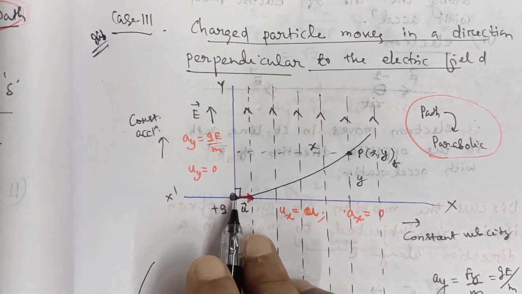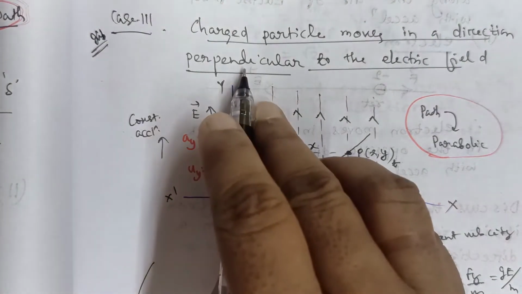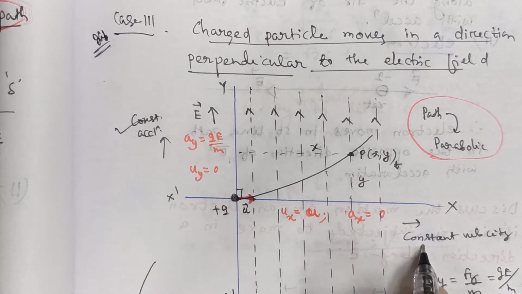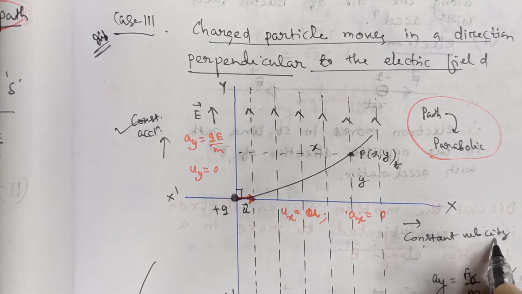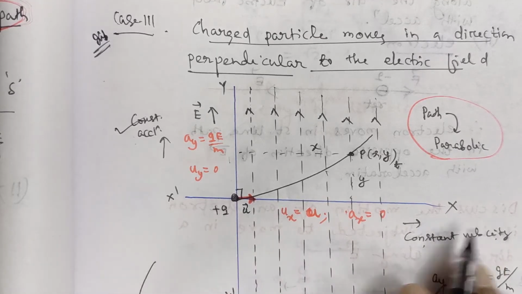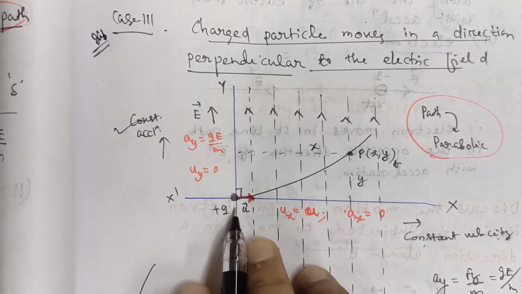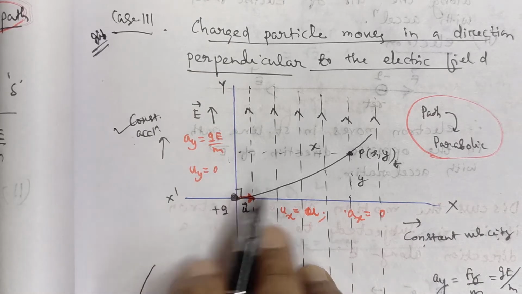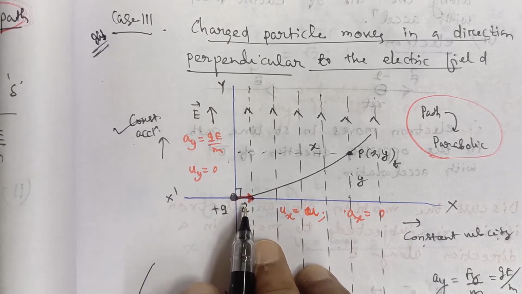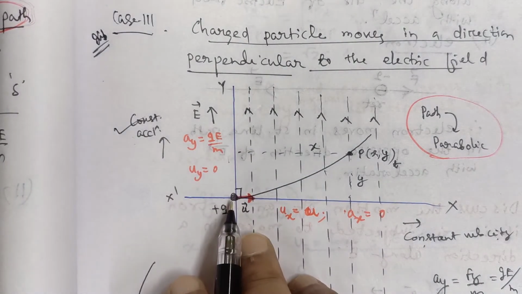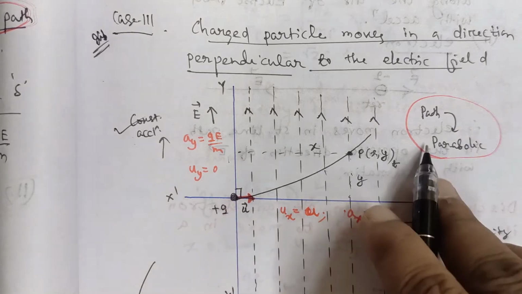So again you remember what happens to your charged particle. In the y direction we are getting constant acceleration, in the x direction we are getting constant velocity. You remember in 11th class, you know this type of problem in projectile motion. Here also the charged particle will behave as a projectile because simultaneously in two perpendicular directions, one has constant velocity and in one direction there is constant acceleration. That means your charged particle is a projectile and the path will be parabolic.